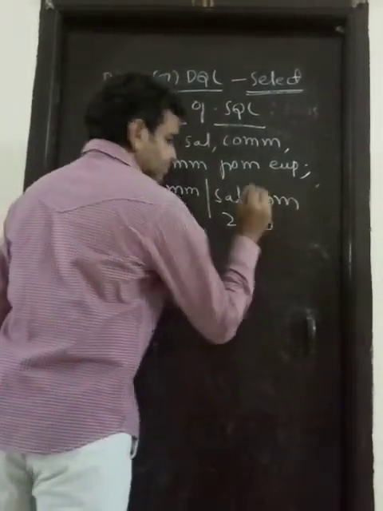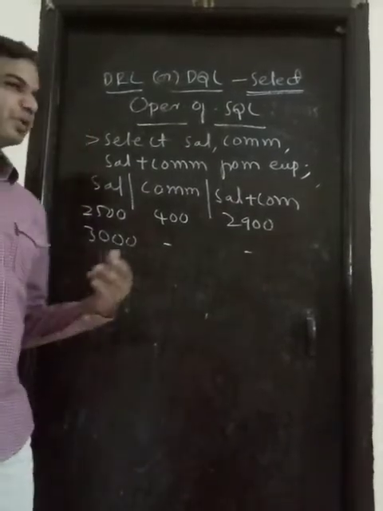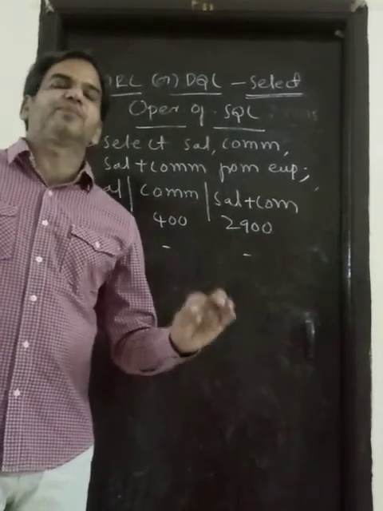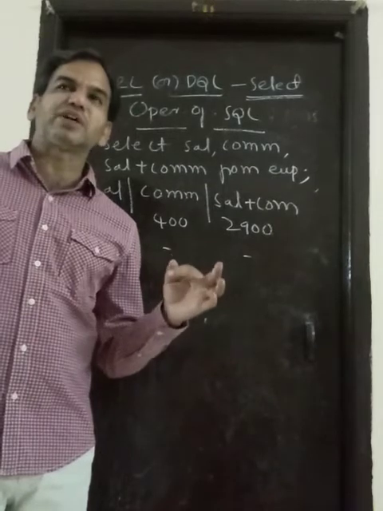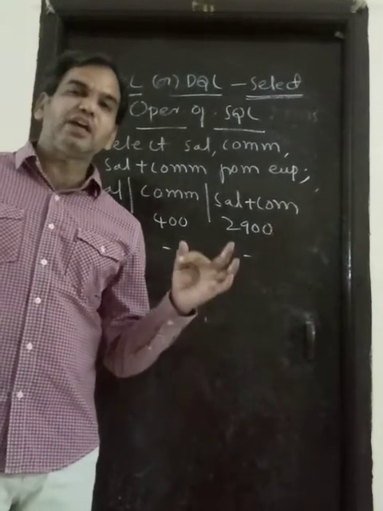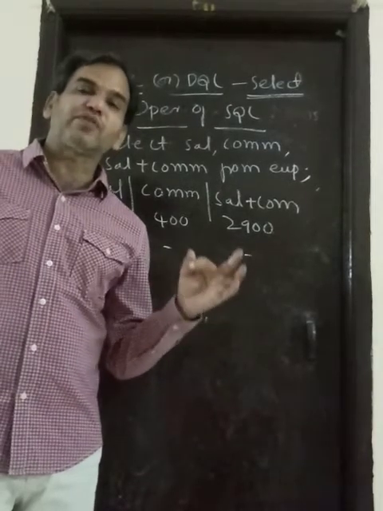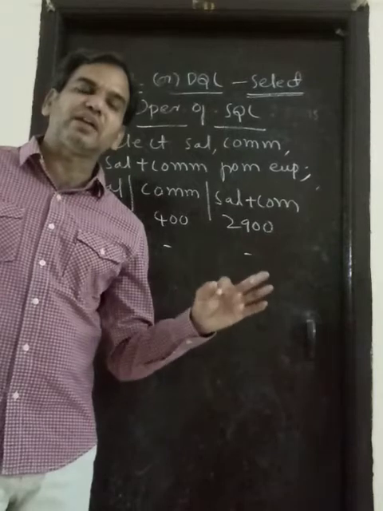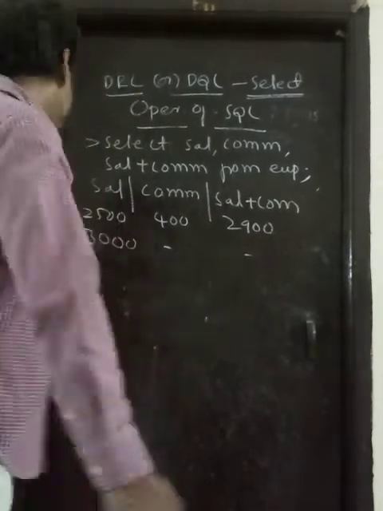The result is also null. So in SQL, one of the drawbacks is that if you take any numerical value and add it with a null value, again we get null. To solve this problem, we use one of the single row functions, NVL. NVL is one of the single row functions. What is the function of this? If the column value is null, it replaces it with 0. We'll see an example.